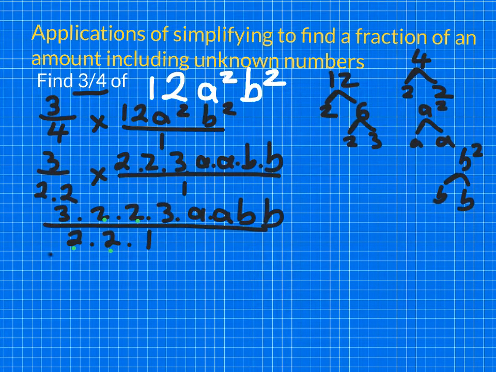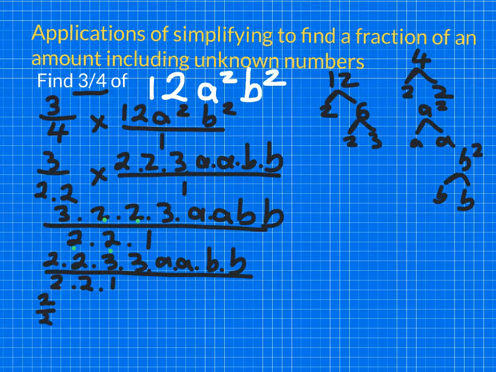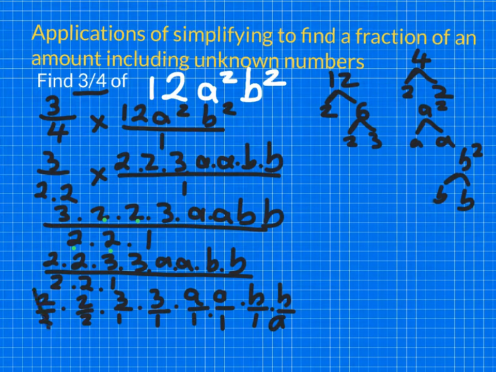So we'll rewrite the top line with the 2's first, then the 3's, the a's, and the b's, and the same with the bottom, 2, 2, 1. That now means that we can split the fraction again. So we can do 2 over 2 times 2 over 2 times 3 over 1 times, this is 3, not over anything now, it must be over 1. A is over 1, A is over 1, B is over 1, and B is over 1. That now allows us to cancel out 2 divided by 2, which is 1, 2 divided by 2, which is 1. And now, if we give ourselves a bit of space over here, we can actually bring this back together